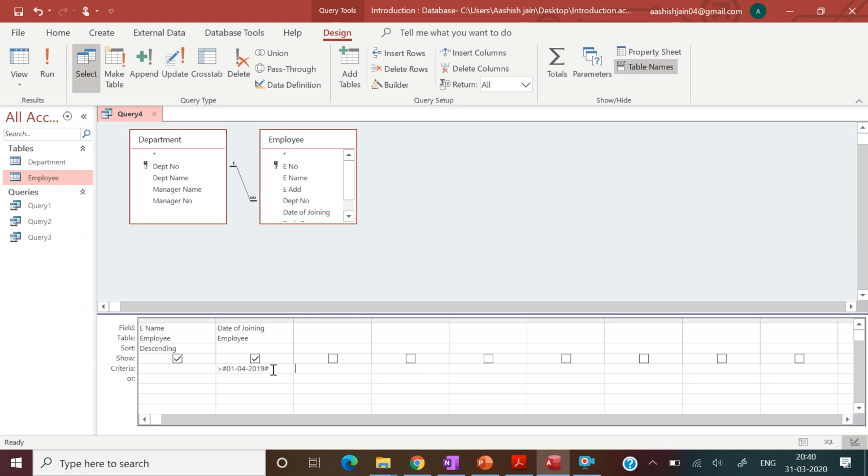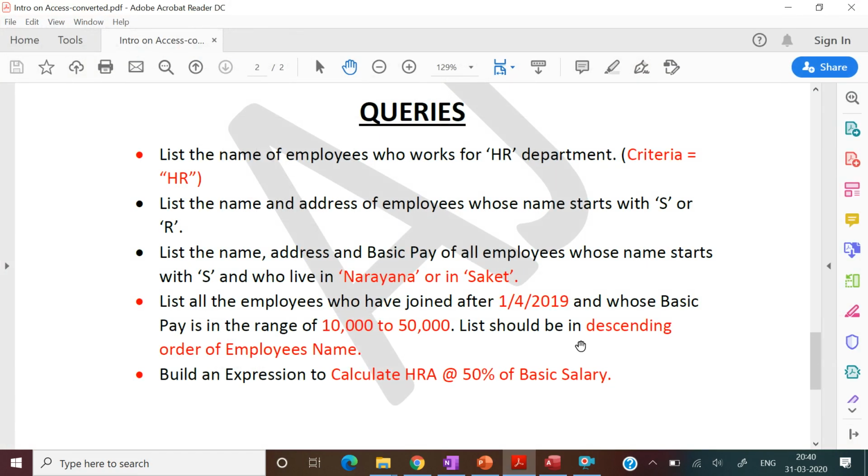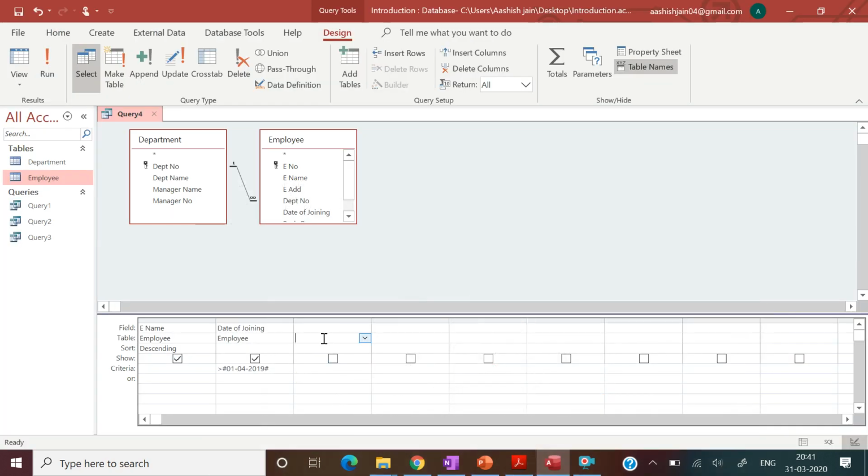Next, after date of joining, basic pay, and the basic pay range is 10,000 to 50,000. So we select the basic pay from the employee table again and put the criteria here, 10,000 to 50,000. That means it should be greater than 10,000 and less than 50,000.